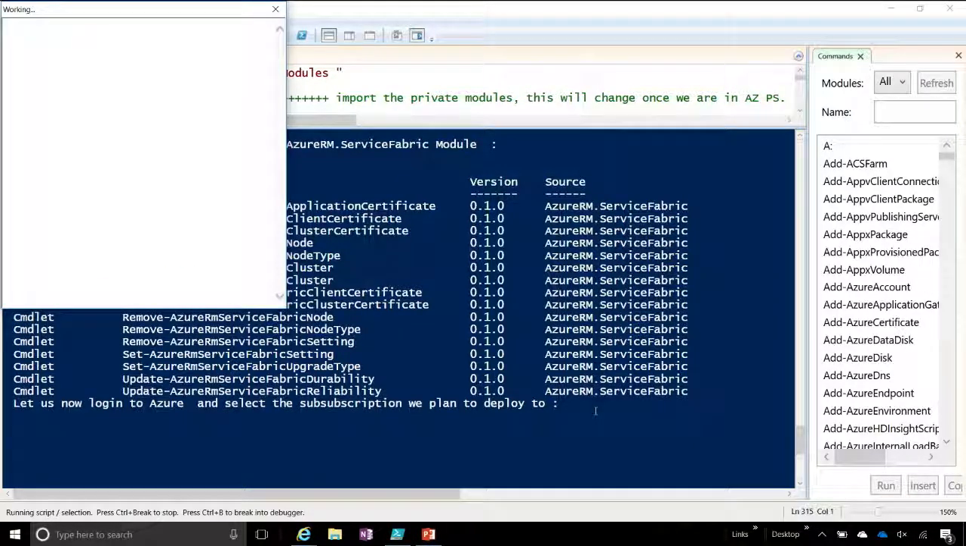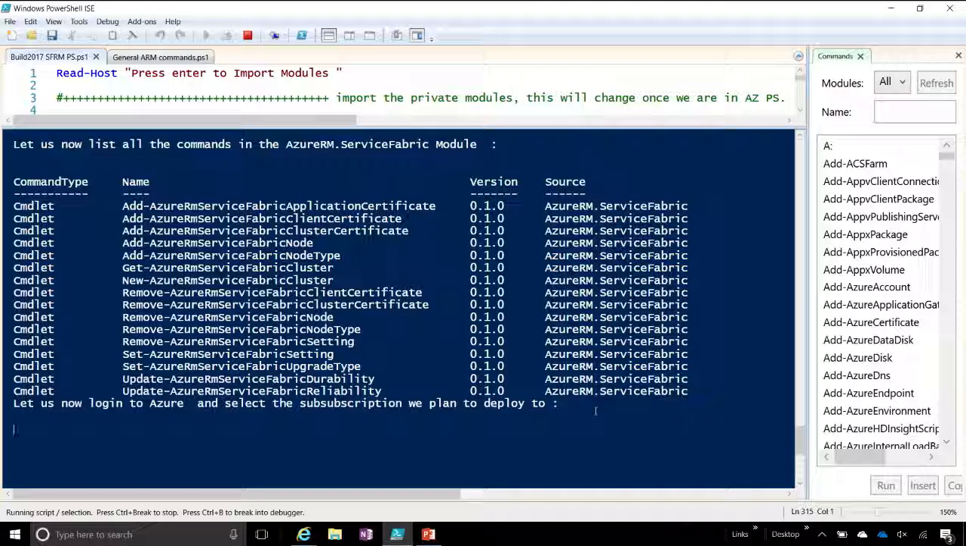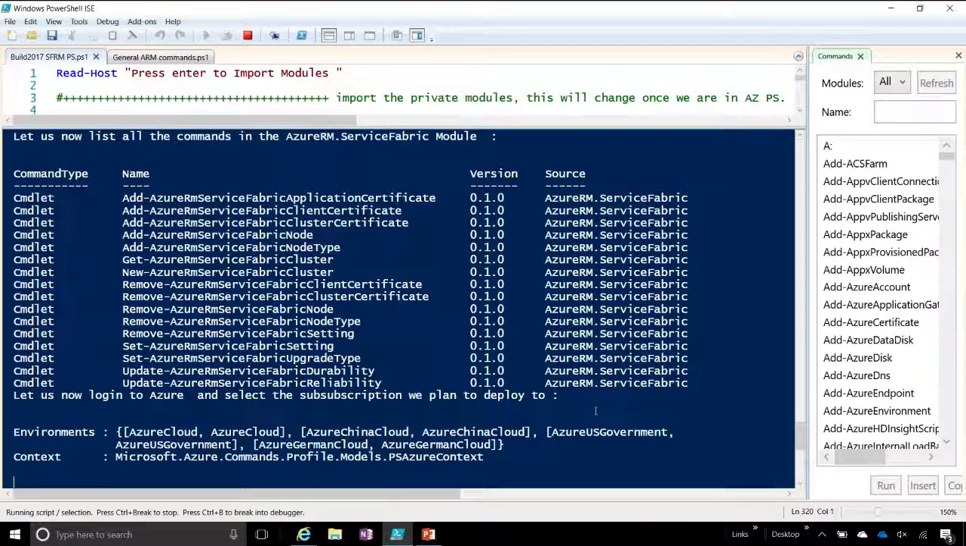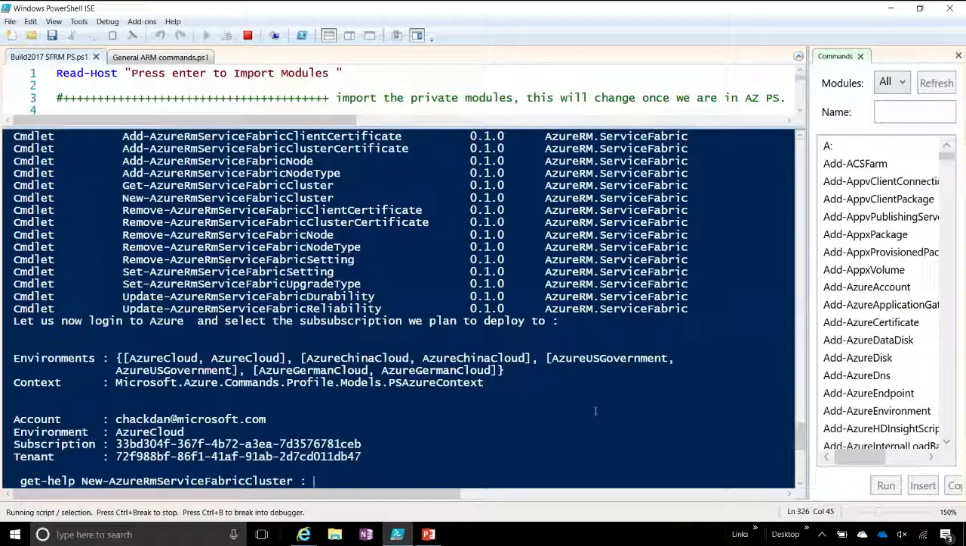So it's going to take some time. It most likely will be asking me a 2FA. Let me bring the authenticator up. So there you go. So looks like it's logging me into one of my